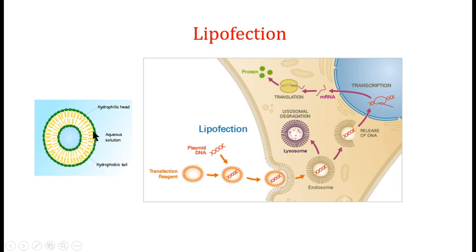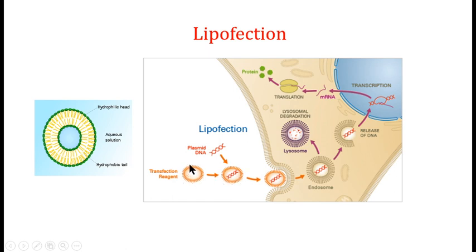So you are actually talking about a lipid bilayer. Now what this lipid bilayer does is that in the center of the lipid bilayer, there is, you can say, a vacuum, and inside this vacuum you can insert your DNA of interest. The liposomes used in the process of lipofection usually carry a positive charge, and as the DNA is negatively charged, that means the DNA can easily enter into the liposome. This is just one example of a liposome.